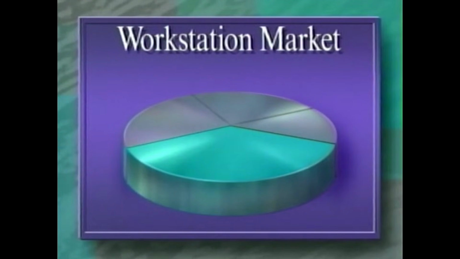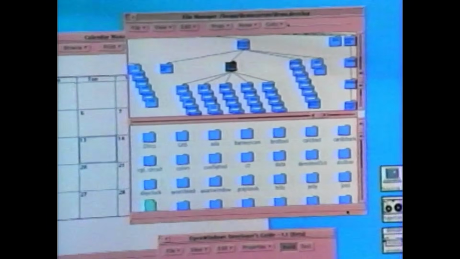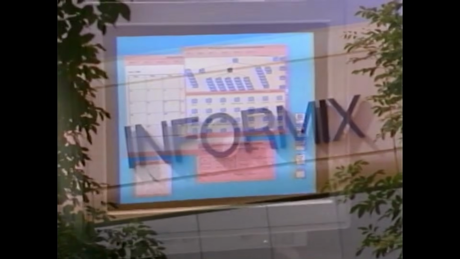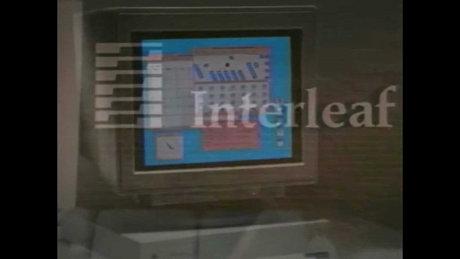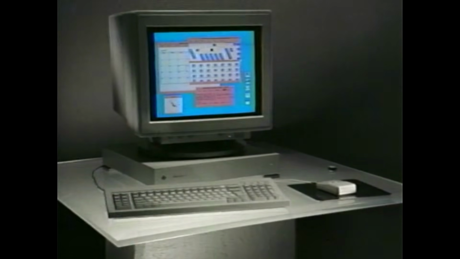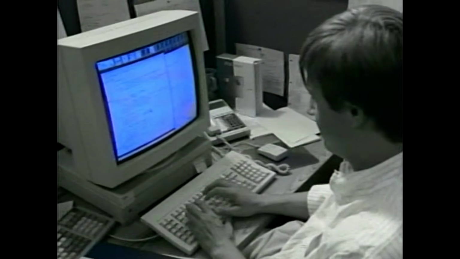The major player, Sun Microsystems, with 36% of the workstation market. Sun's commitment to network computing and OpenLook means expanding growth markets for major software developers. For the smaller ISV, the time is right to get in on the ground floor of a major new opportunity. Either way, the case is clear. The advantage to this,